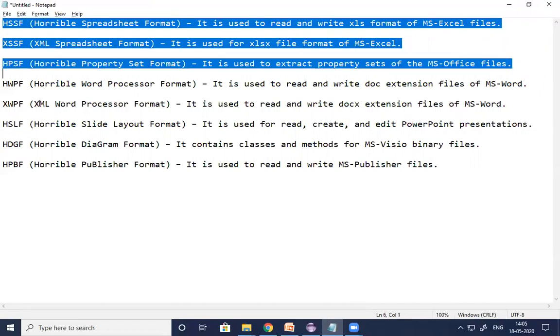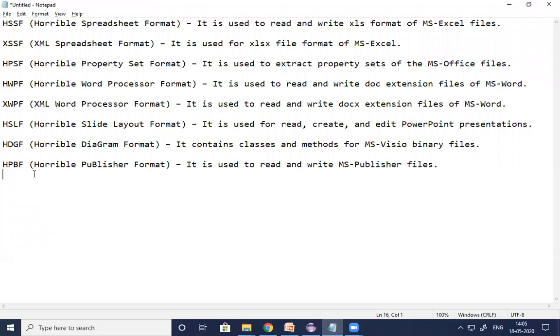So all these classes we can access only by configuring the jar files. That's what we need to configure, all the downloaded jar files. All the jar files in that zip file, when you extract that zip file, you can see the list of jars, right? All the jar files you need to configure with Eclipse. So now let's see how to read the data from the latest version of Excel, .xlsx format.